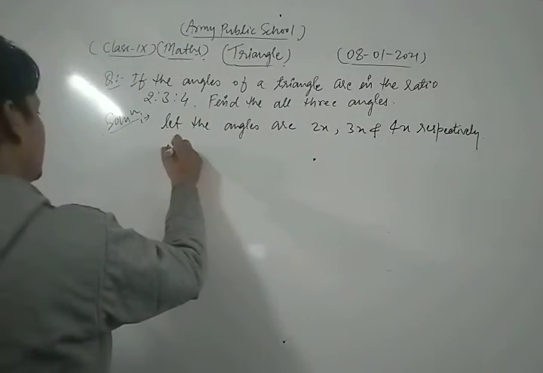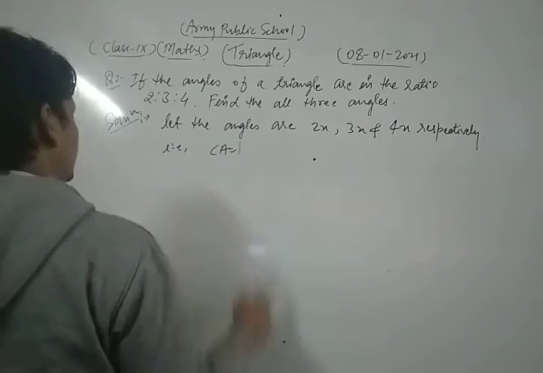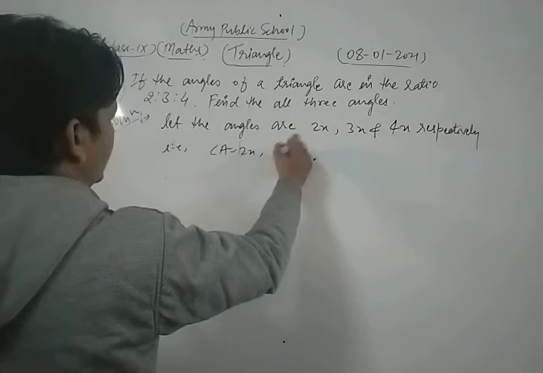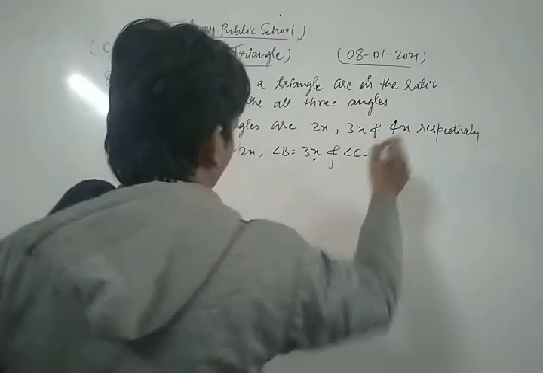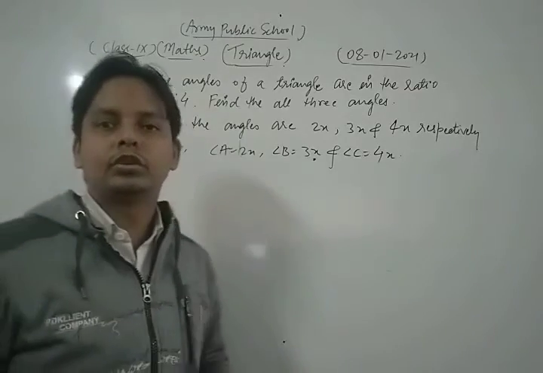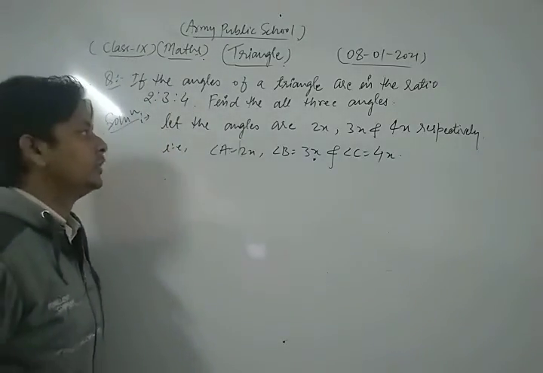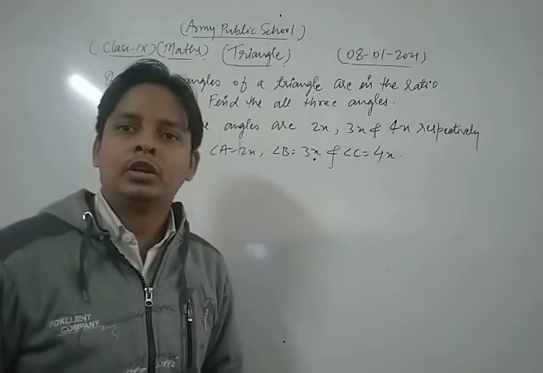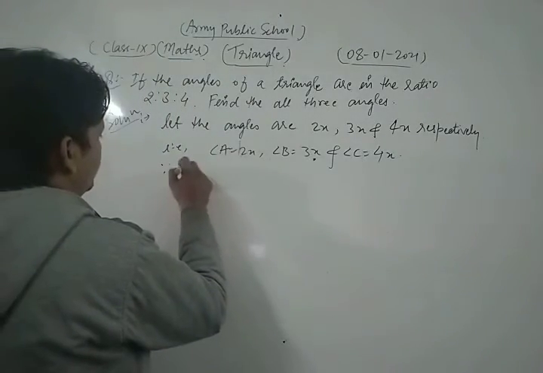That is, angle A is equal to 2x, angle B is equal to 3x and angle C is equal to 4x, because we have the ratio of all three angles. Now, since we know